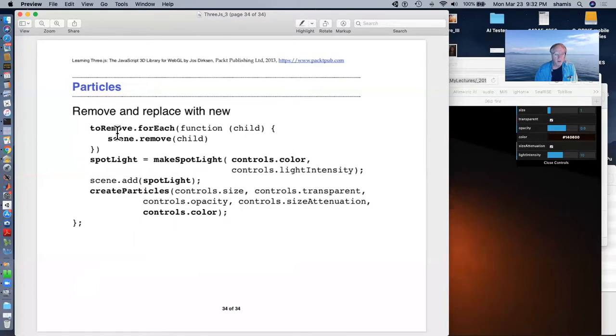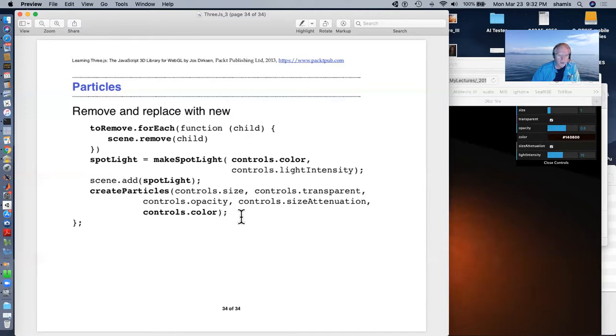And then I can go through that list of things to remove, and for each child in that list, I'll remove it. So that's removing both the particle system and the spotlight that's there. Then I'll make a new spotlight with the updated controls, add the spotlight, make a new particle system with the updated